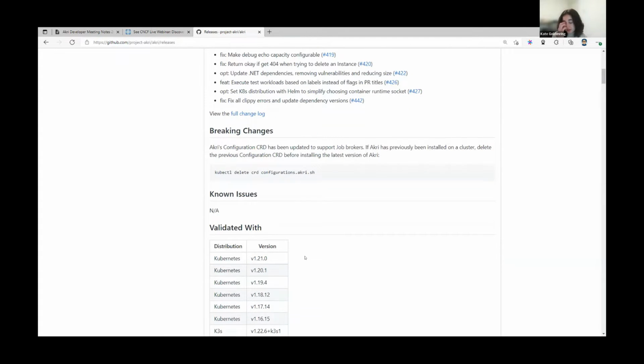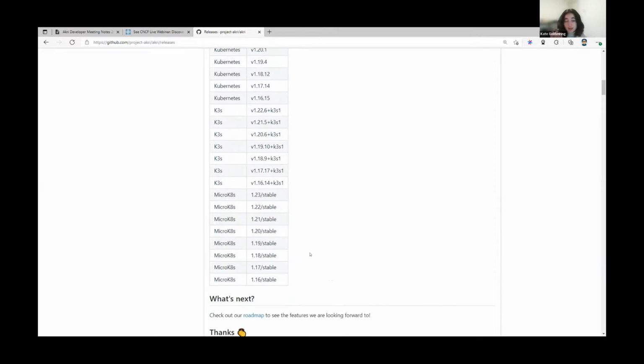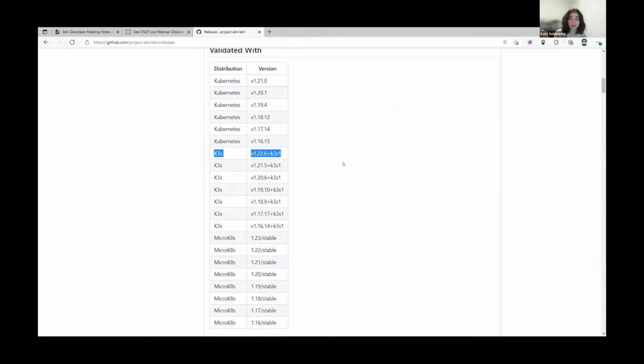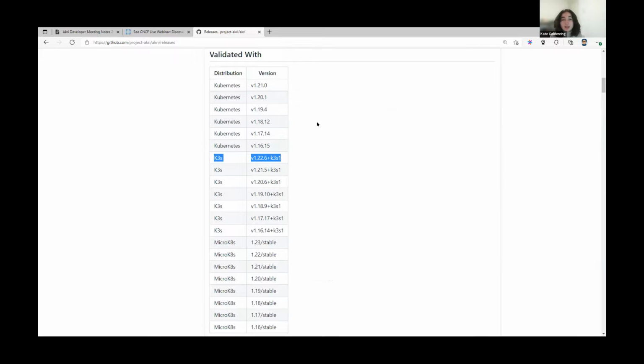You'll notice if you scroll down a little that for MicroK8s and K3s, we're up to the latest. MicroK8s' latest is 1.23, K3s's is 1.22, but you'll notice that for standard Kubernetes, we aren't. That's because now Kubernetes uses containerd, and so we need to update our end-to-end test installation for Kubernetes. We did not bump that, but there's an issue on Akri. If anyone's interested in contributing it, you don't need any background on Akri to do that. It'd be a great way to help out.